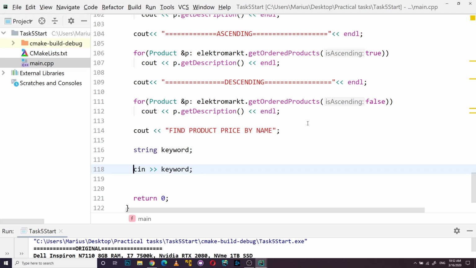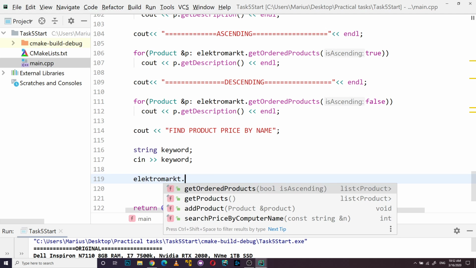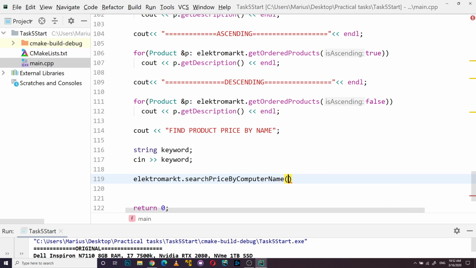And when you're reading the string keyword from the console, you need to pass this to your function. For example, electromarked have search by computer, search price by computer name. And you're passing const string